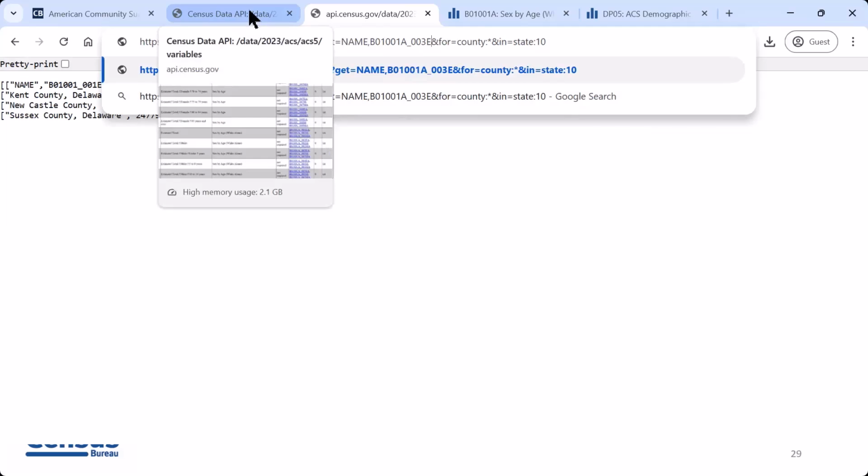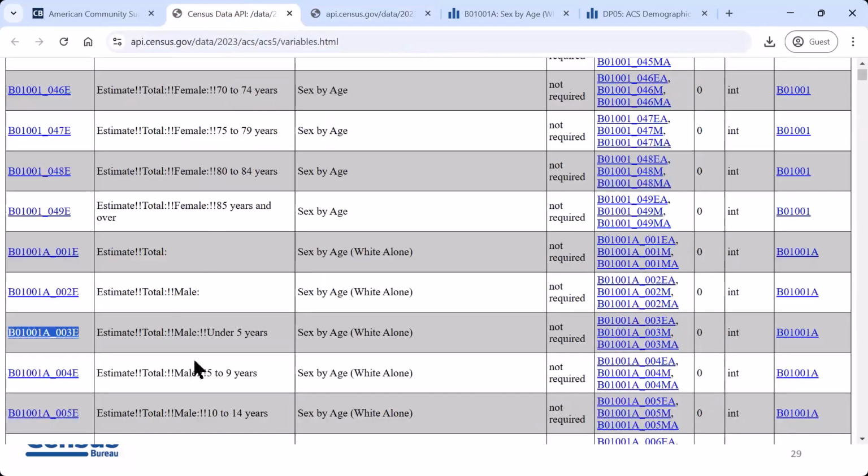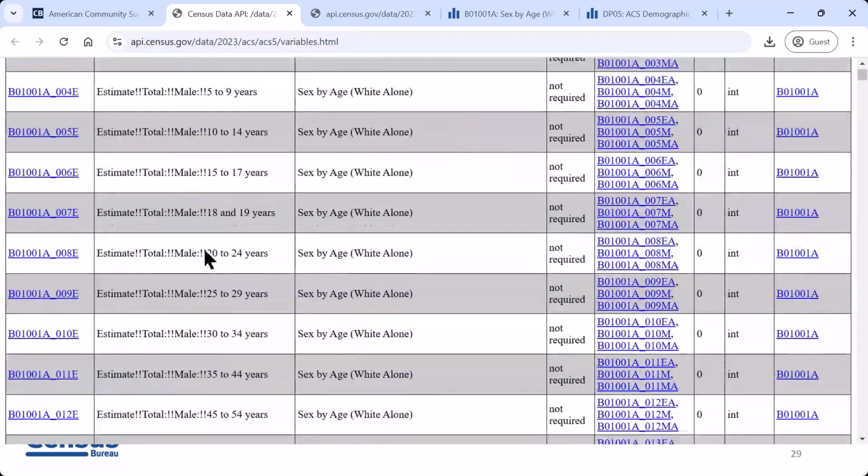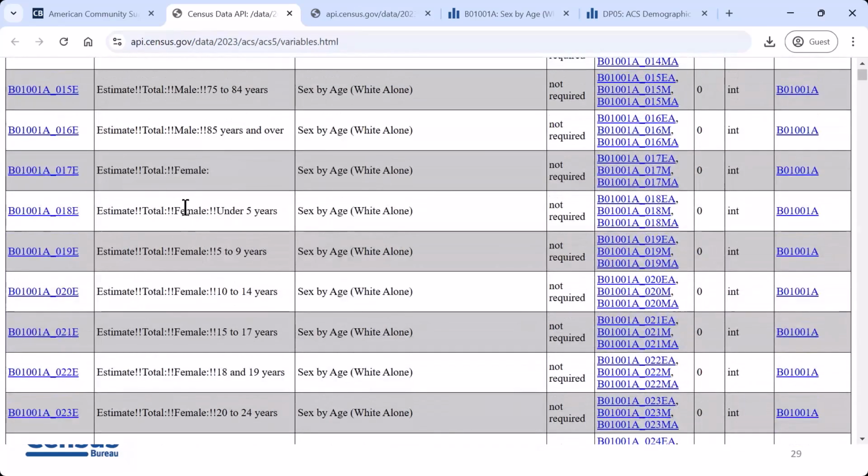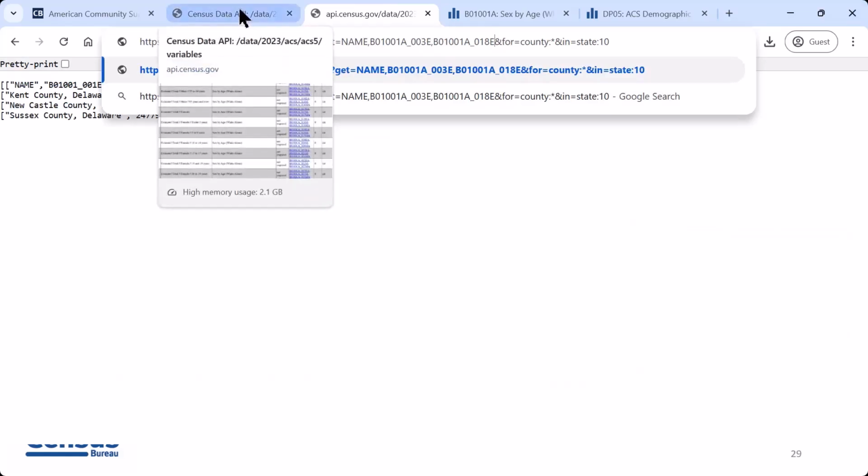So back over on my variables page here, I'm going to do the same thing for the female under 5 population. So just scrolling on down until right here, I see female under 5. I am still looking at the white alone population. This time it is this B01001A_018E. I'll go ahead and copy this link here, back to my other URL, adding in another comma because we're adding in another variable, and then pasting in that variable there. So let's do the same thing, maybe just 2 more times for the Black or African American alone